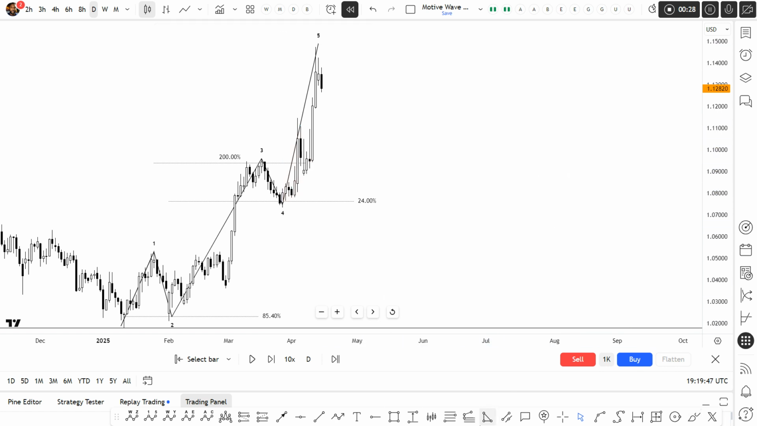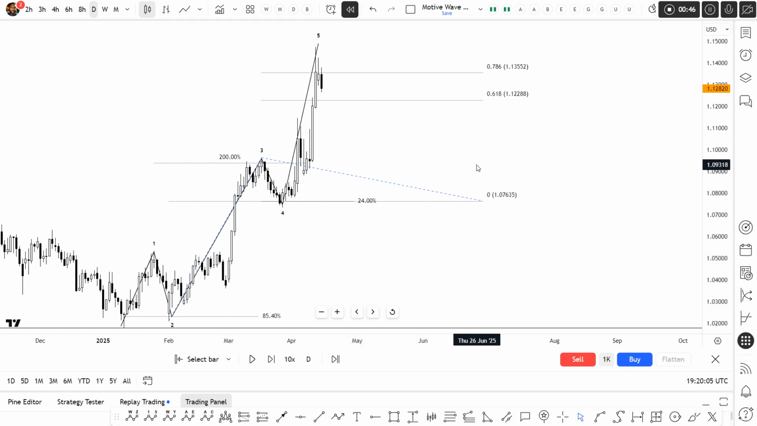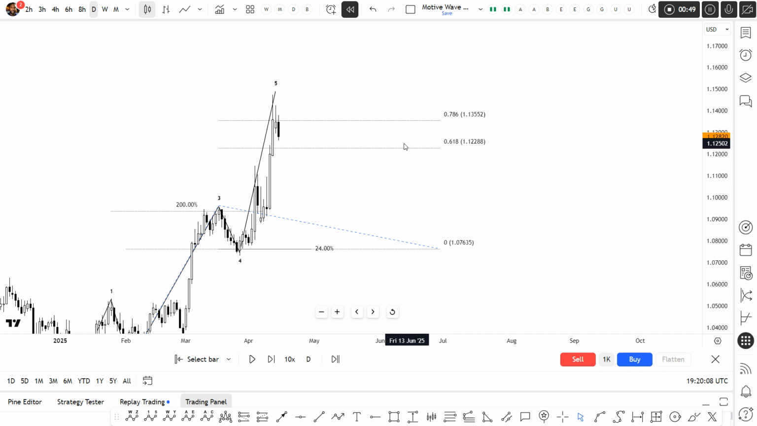The other tool I usually use is the fib extension. All you simply need to do is click on your fib extension. You click from the starting point of wave 3 to the end point of wave 3 and to the end point of wave 4. Now, wave 5 should end at the 61.8% ratio or 78.6% ratio. But the most common level where wave 5 usually ends is the